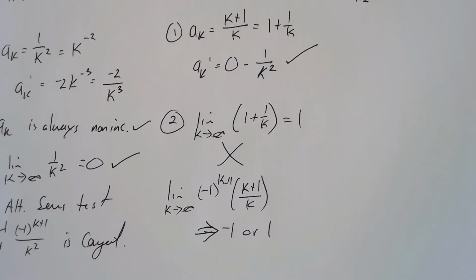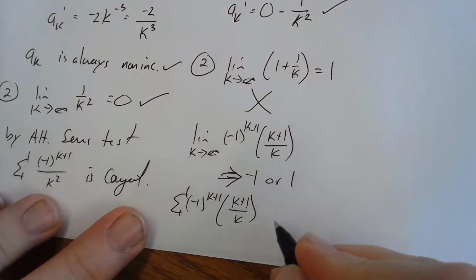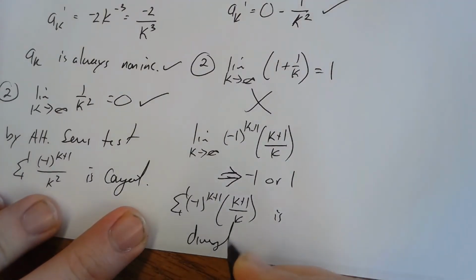And remember that the divergence test specifically states that the limit must not equal 0, otherwise the series itself is going to be divergent. So because this thing does not equal 0, because it equals something other than 0, we can conclude that the series of (-1)^(k+1) times (k+1)/k is divergent by